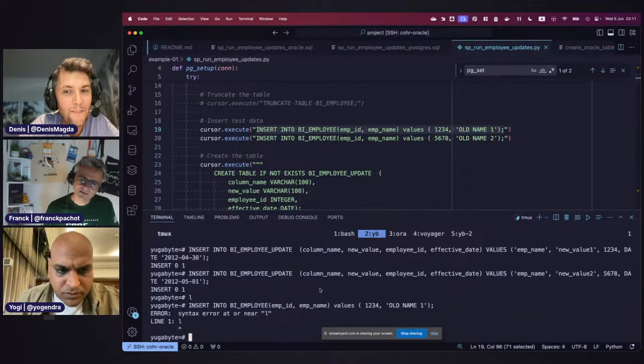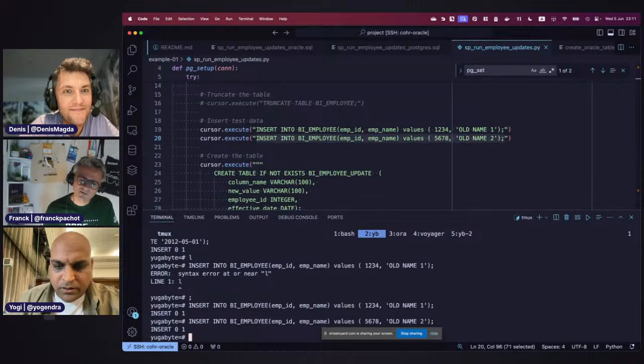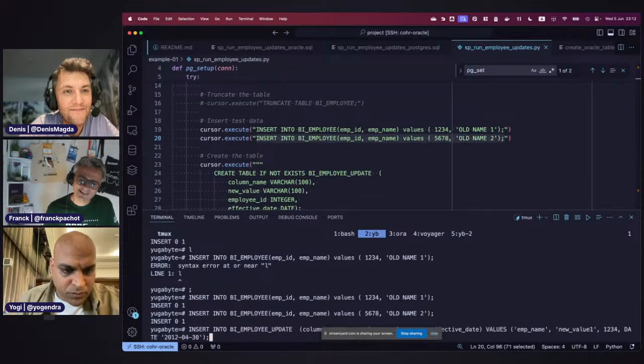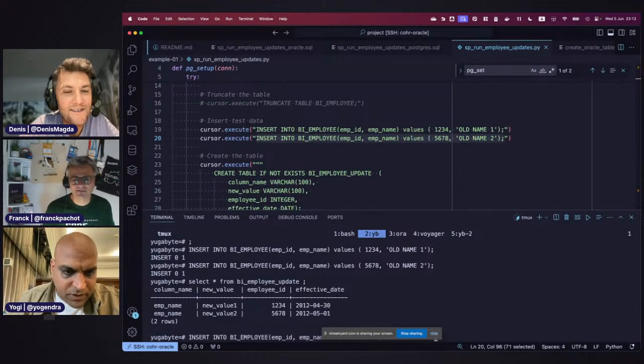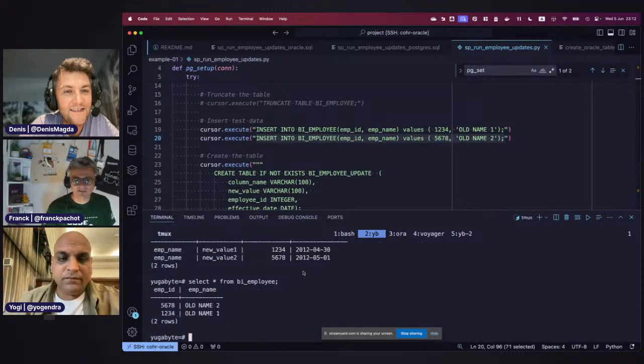Unless I think there might be a second instance of Yugabyte somewhere that I forgot. Okay, so we have the test data for both.